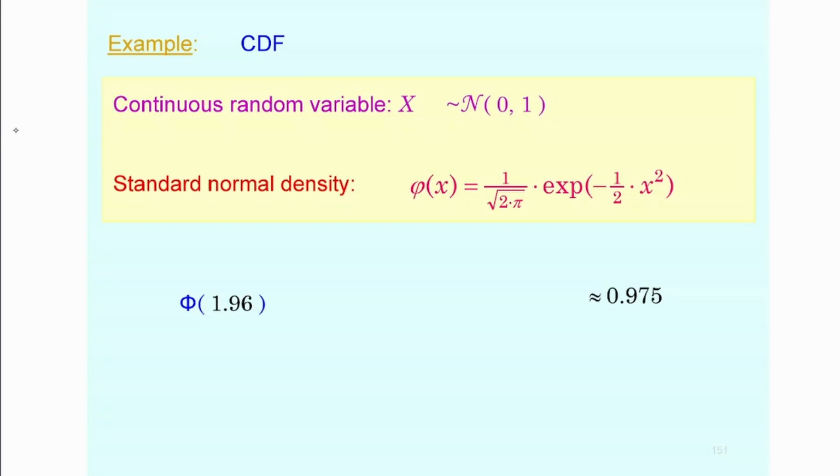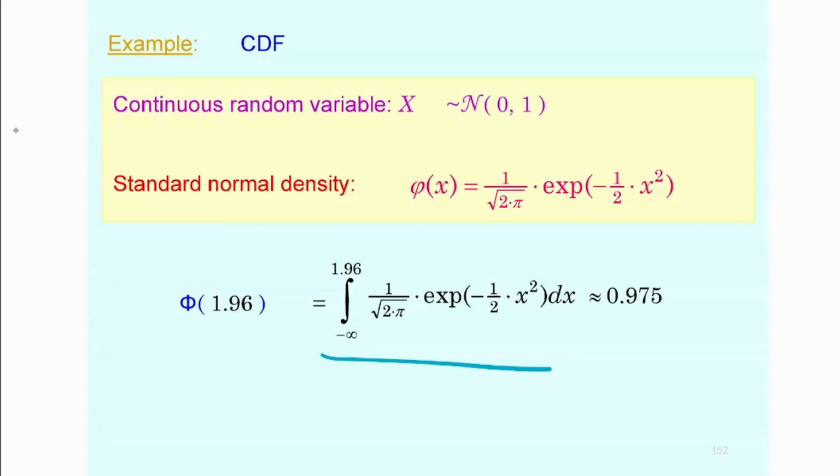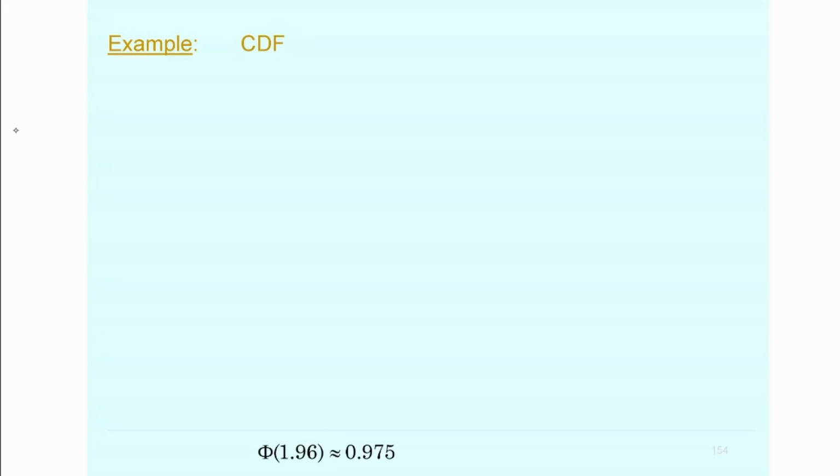So if you randomly select a sample from a standard normal population, you would find that the probability of selecting a value which is not greater than 1.96 would be, roughly speaking, 0.975 or 97.5%. All right? So that would be basically the value of this integral. If you did this numerically, which you would not need to, we will not consider numerical integrations, but that's basically how you would end up with it.